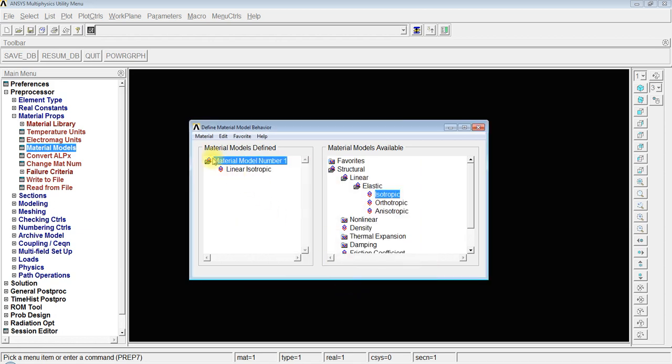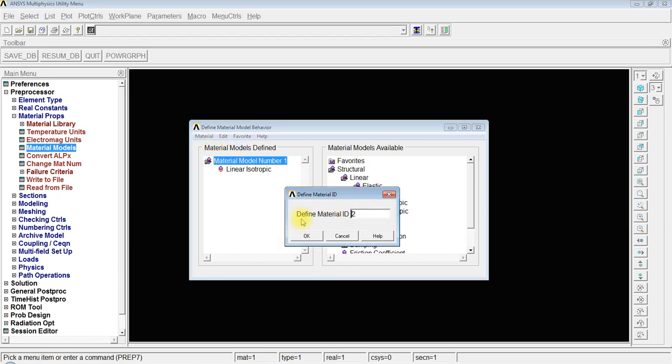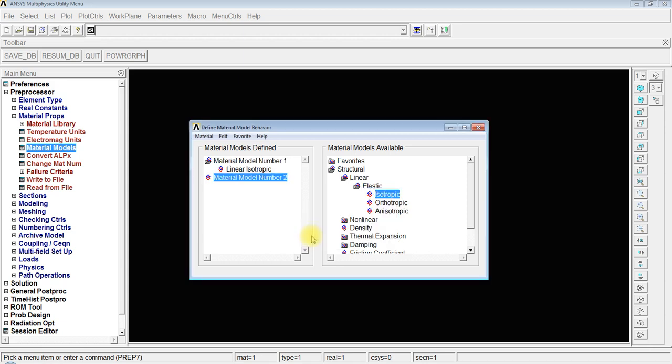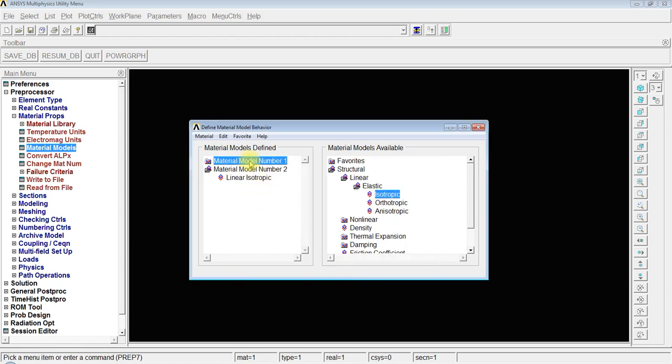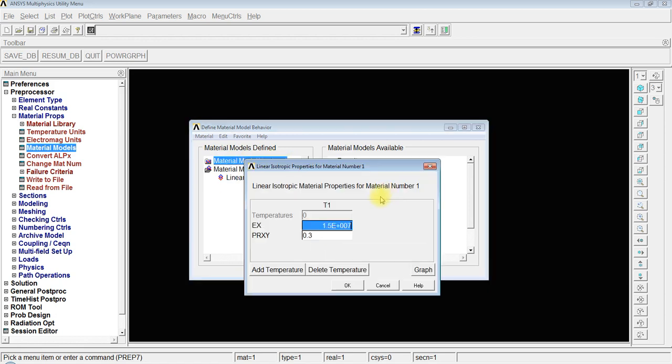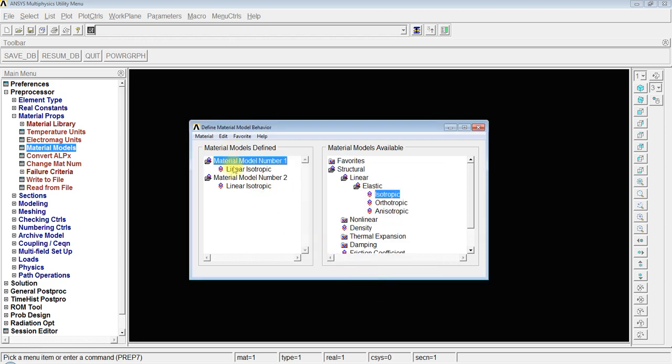Okay. Now we will add one more material. Material, new model. Material ID is 2. This is our second material. Elastic isotropic 2.5 E7. Again Poisson's ratio we will supply as 0.3. We can also put 0.35 or anything. Now to edit this material we can go again to material number 1 and input different value, but we don't need to do it here. We have inputted both the materials.